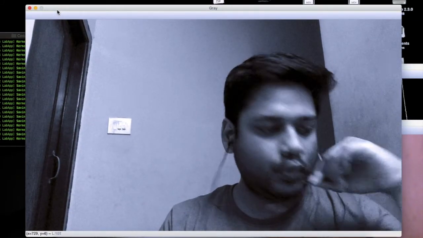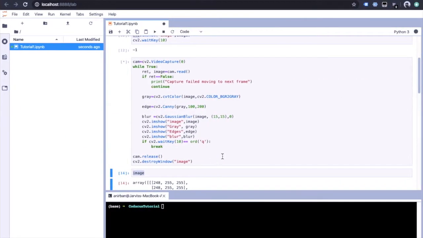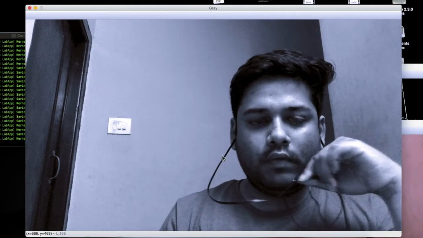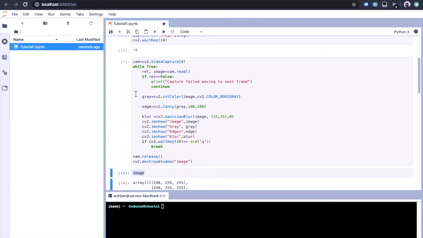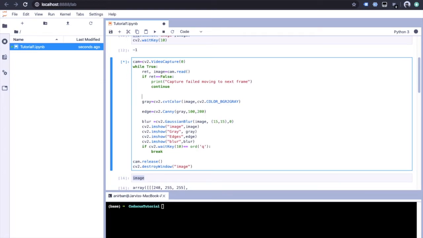So what we will do, this is making my desktop filled up. We will resize the original image in the beginning, then we will apply everything on top of that. So how can we do that? We will do a resize operation. Image equals cv2 dot resize, and we will supply